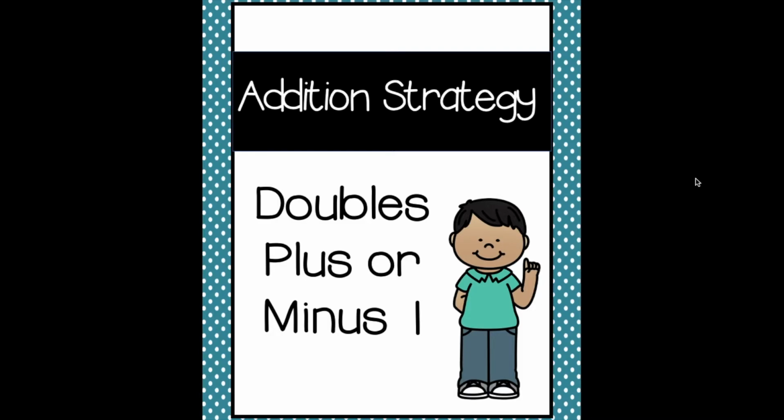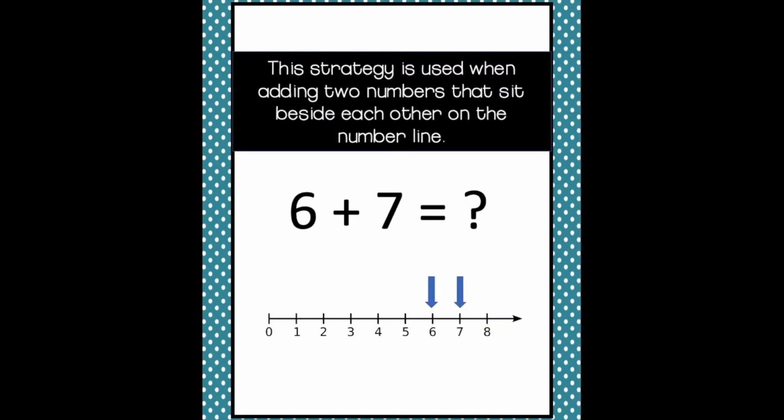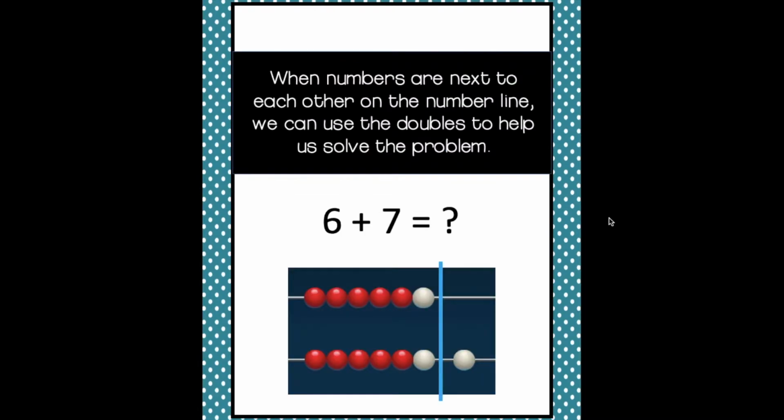This is the addition strategy, doubles, plus or minus 1. This strategy is used when you're adding two numbers that sit beside each other on the number line. For example, 6 plus 7, you'll see that 6 and 7 are right beside each other on the number line. When numbers are next to each other on the number line, we can use the doubles to help us solve